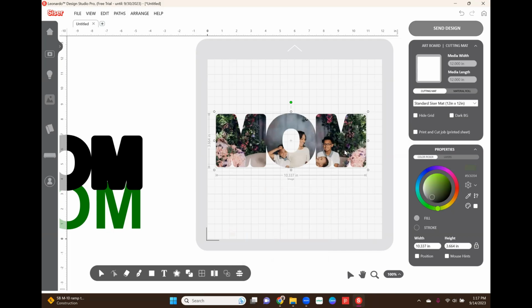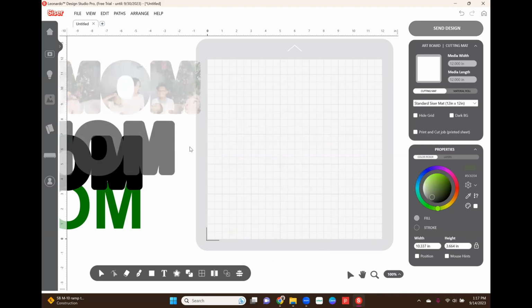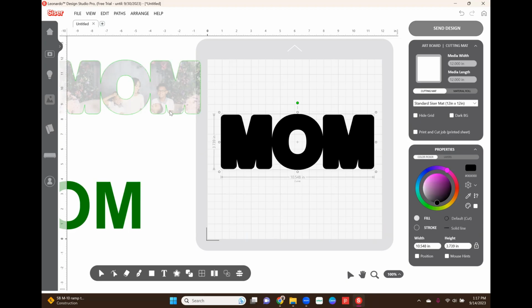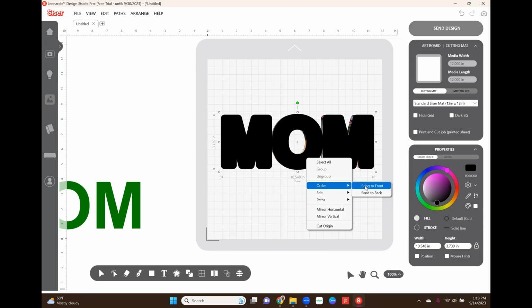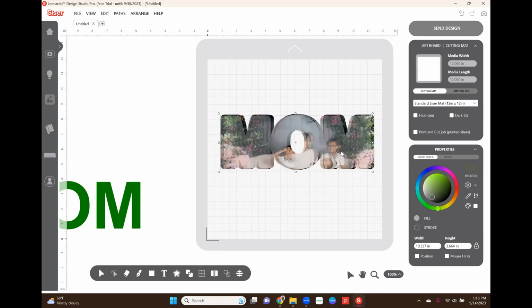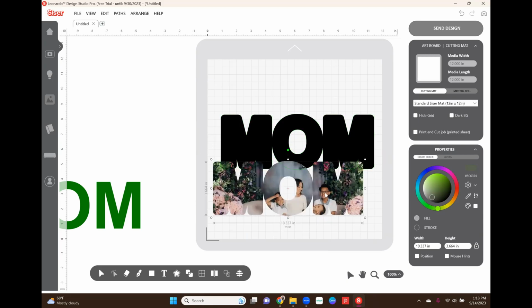Okay. So now what I'm going to do is go ahead and move that off to the side, and we're going to bring back mom, and let's see, I'm going to send the word mom in black to the back. Okay. So essentially what's going to happen is this is going to layer on top of this. This layer is going to be our clear sublimation HTV, and then we're going to sublimate this on top of it. Okay. So now I need